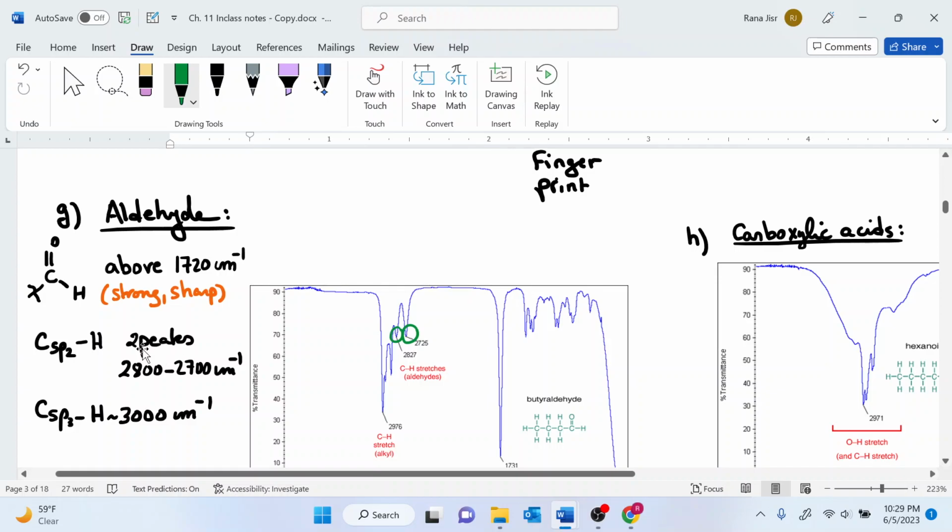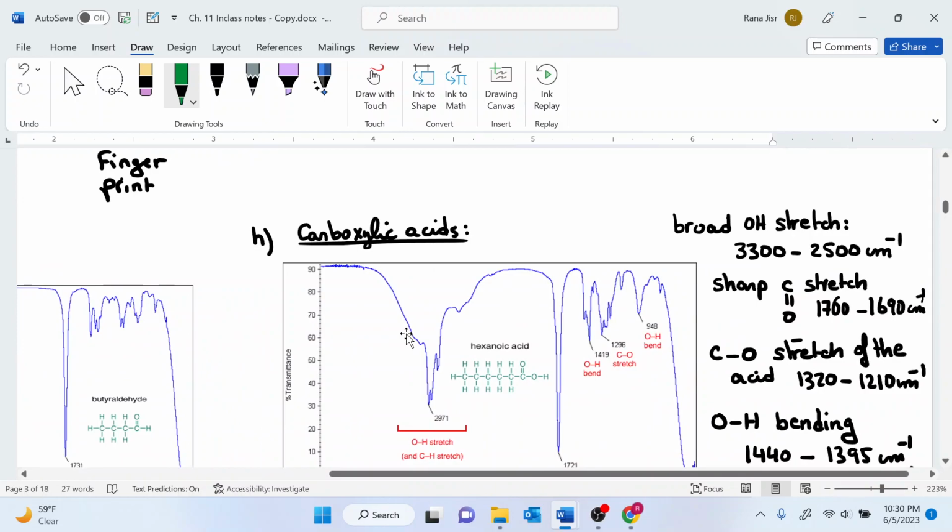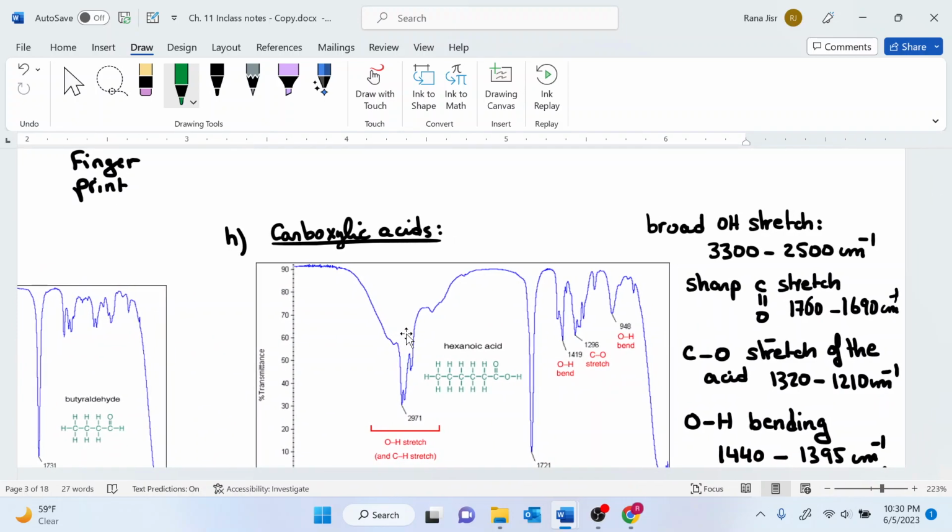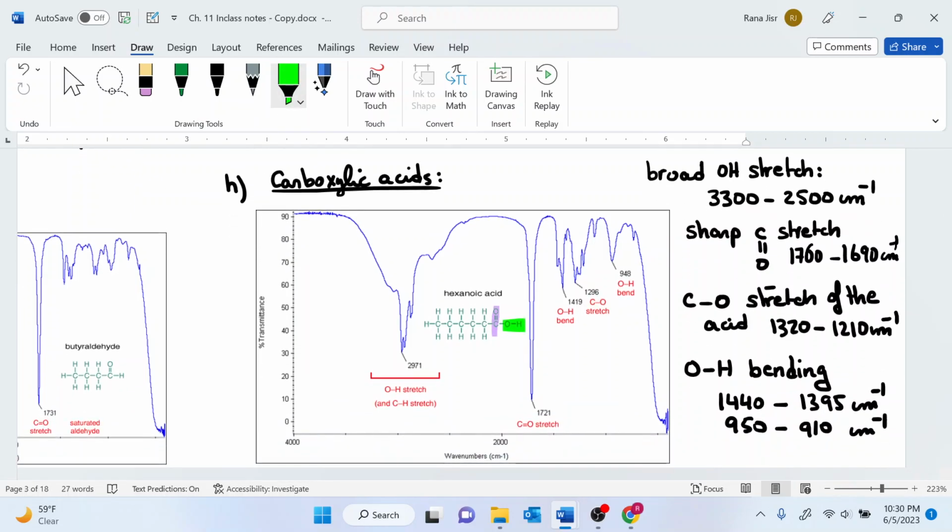And this can differentiate the aldehyde from the ketone. By looking at this region and seeing those two peaks, immediately you would know that this is an aldehyde. For carboxylic acid now, hexanoic acid, for example. Carboxylic acids combine two things: the carbonyl and the alcohol. Now, because they combine two things in there, you're not going to see a separation between the OH